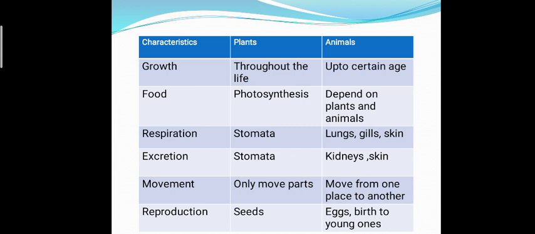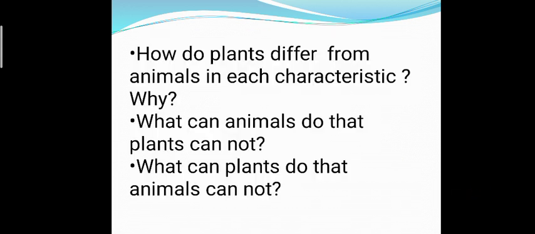Now students, this table consists of the different characteristics and the comparison of plants and animals along with it. You can pause the video and go through the table so that you will be able to give the answers of the following questions. How do plants differ from animals in each characteristic? Why? What can animals do that plants can't do? What can plants do that animals can't? So the answers of these questions are: